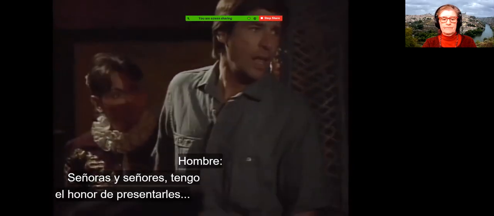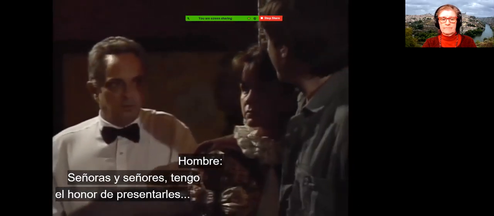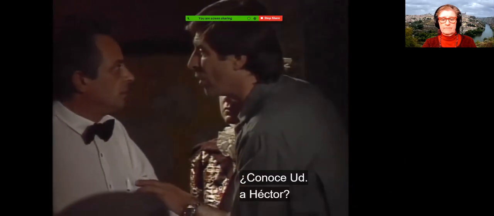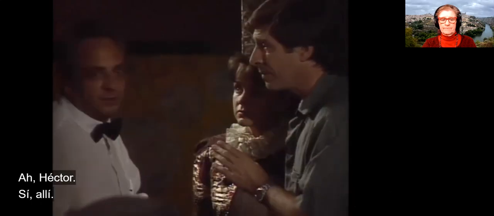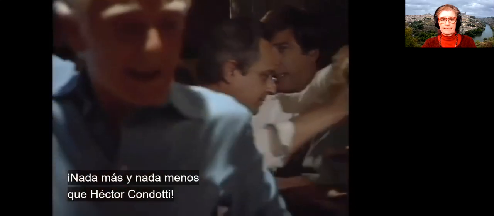Una cantina, claro. Señoras y señores, tengo el honor de presentarles a alguien que nos va a deleitar con sus canzonetas. Damas y caballeros, nada más y nada menos que